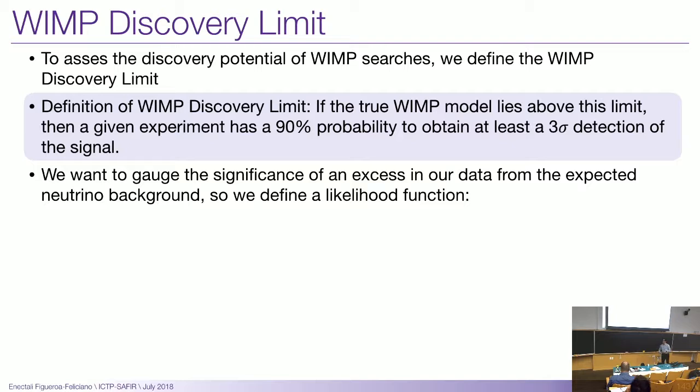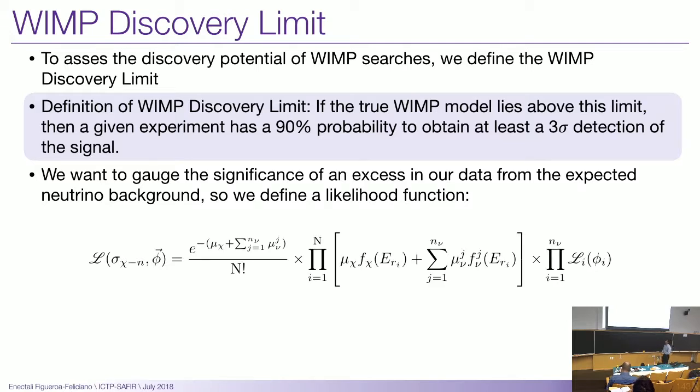So to calculate that, we construct a likelihood function. That's this complicated thing. We're not going to go into the statistics of it, but I'll point out what these things are, and we can discuss that off topic or off lecture. Basically I have some likelihood of a particular WIMP model and cross section for a given neutrino flux